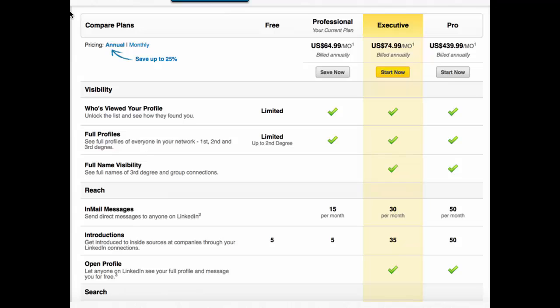It gives me a lot of... One of the things is the open profile. They've changed that now. Sorry about that. But there's a thing called the open network. So if you're in the professional category, you have a professional account, you join this open network, it's called, and I can email anybody that's on the open network without using an in-mail, because in-mails cost $10 a piece if you buy them separately. So I can just, through this other network, just send people messages and they can contact me without being connected. It's a really great way to expand your reach. You can reach out to so many more people that way and not have to use in-mails.